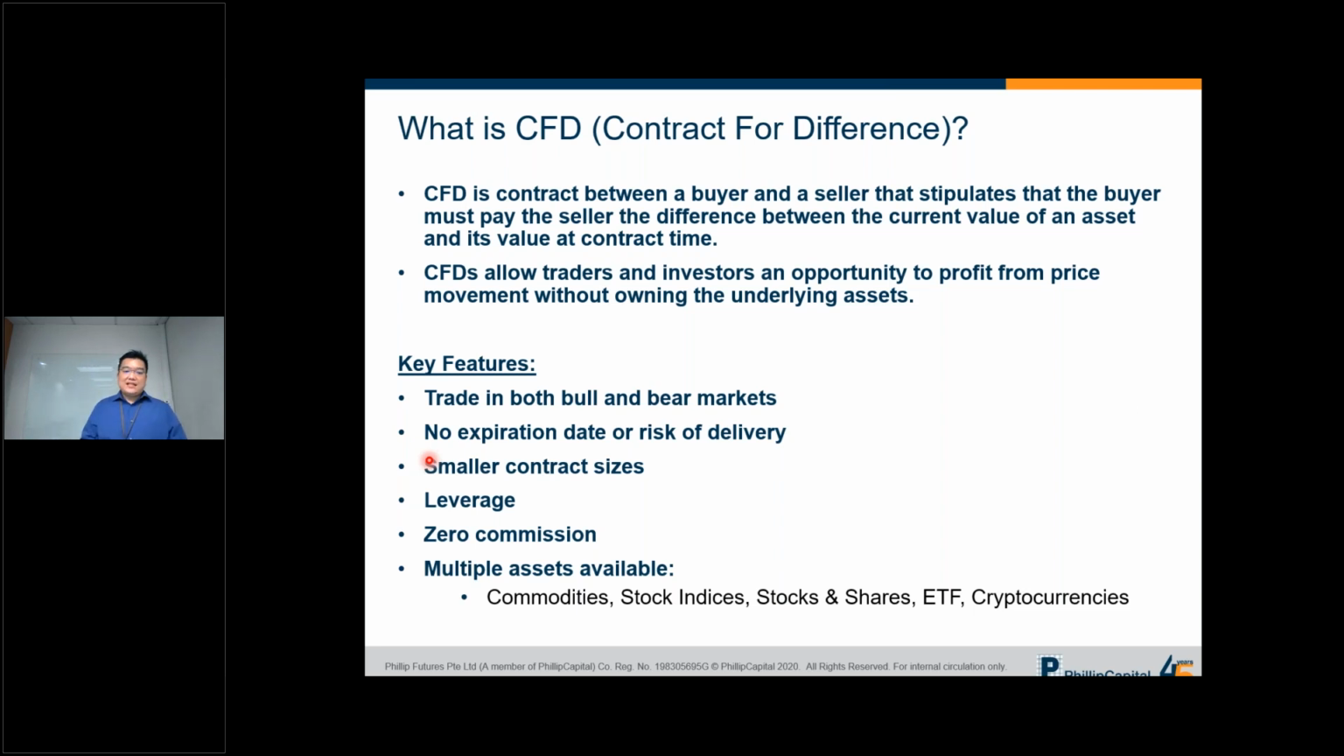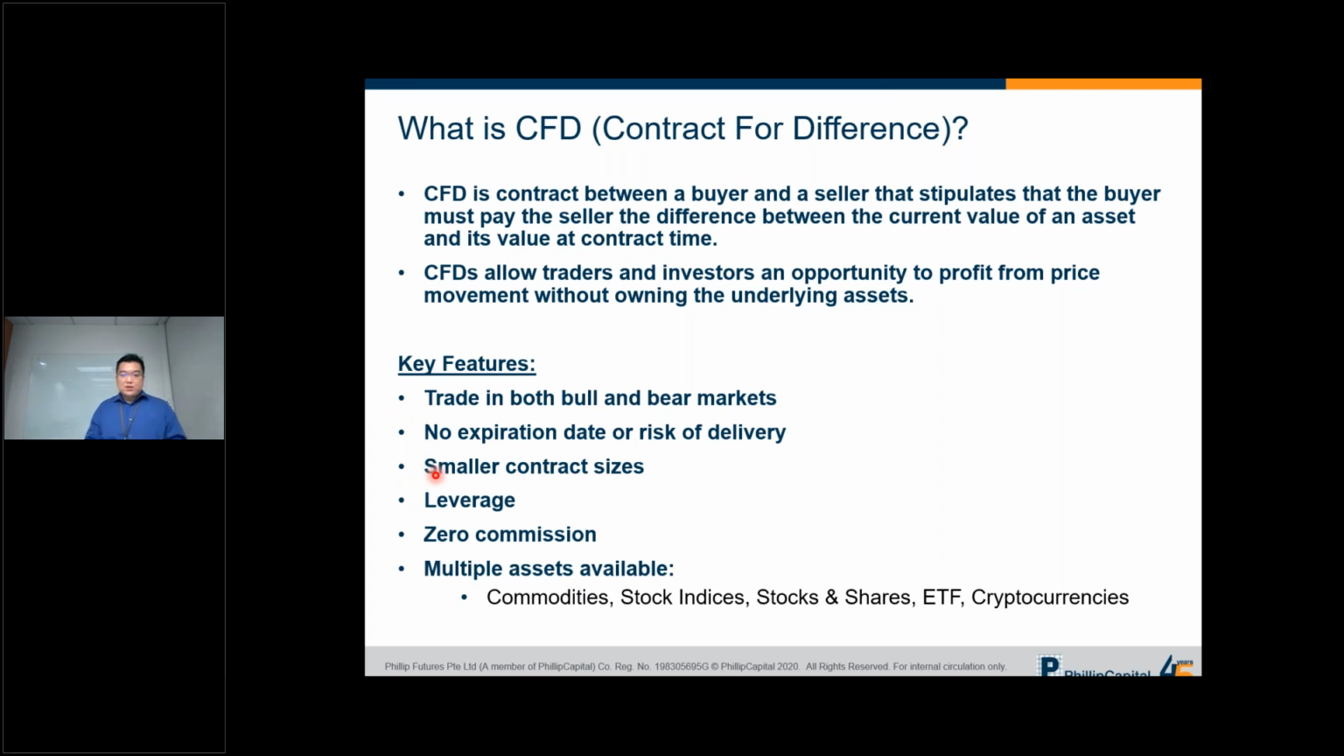So CFD is a product that allows traders and investors the opportunity to profit from the price movement without actually owning the underlying assets. Therefore, CFD is a generic term. It can be a CFD for various forms of assets, like stock index, commodities like gold, crude oil, or it can be a CFD on a currency pair, or it can also be a CFD on stocks, which is basically our main topic of today, because today we are talking about stocks, and not just any stocks, but the bank stocks, right? So a key feature of CFD is that, as I mentioned, it allows you to trade in both bull and